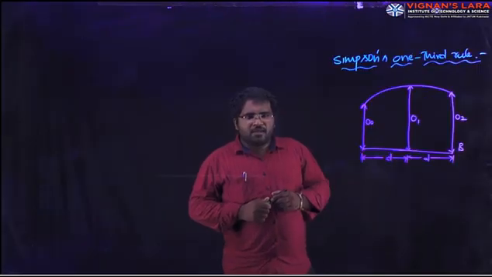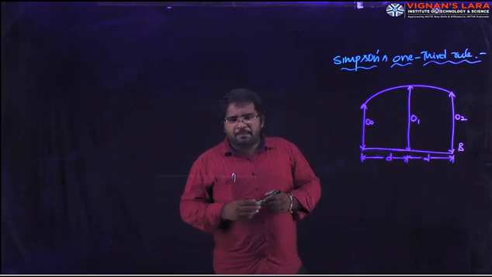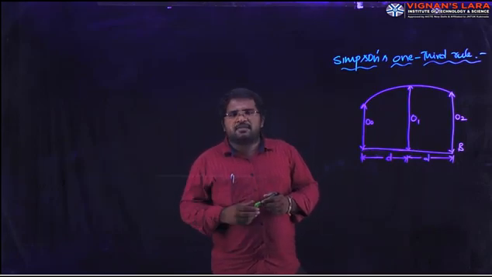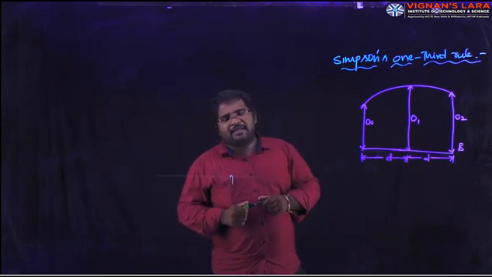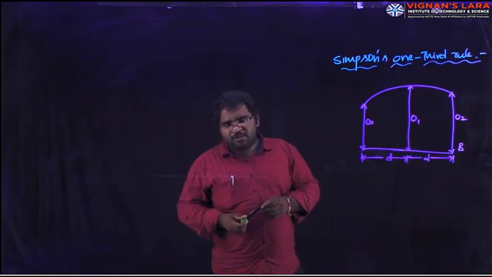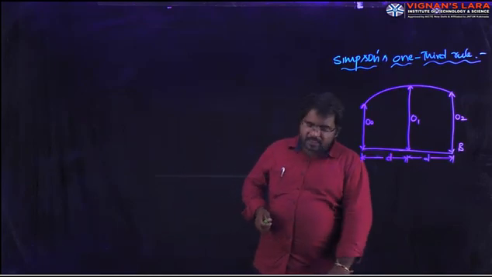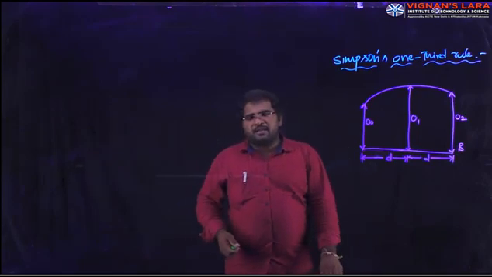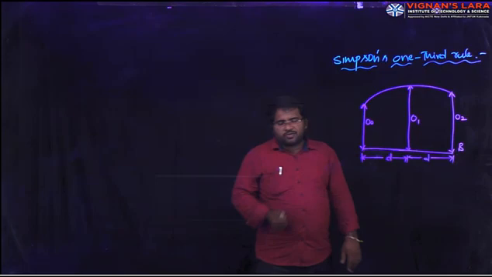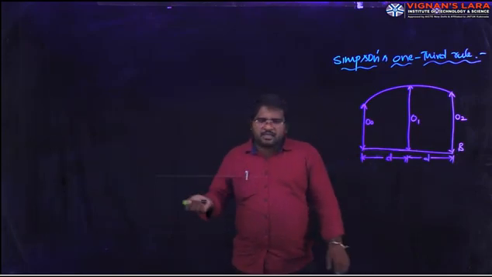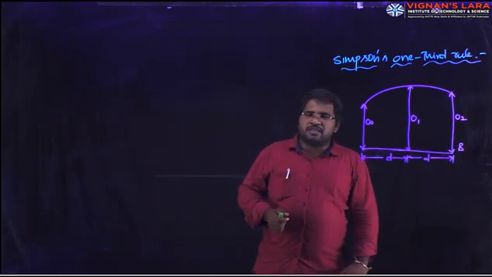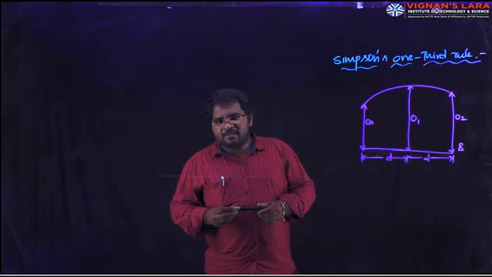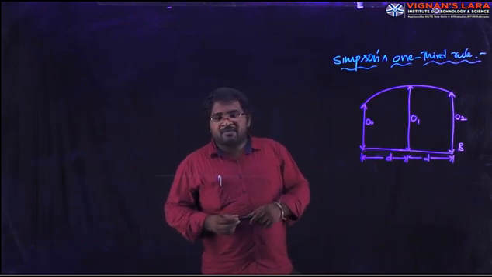Okay, so the next topic is Simpson's 1/3 rule, right? In the previous class we discussed some methods for calculating area using ordinates from the baseline. We discussed the trapezoidal rule, then the mid ordinate rule as well as the average ordinate rule. Today's class we are going to see one more method in the calculation of area based on the ordinates taken from the baseline.